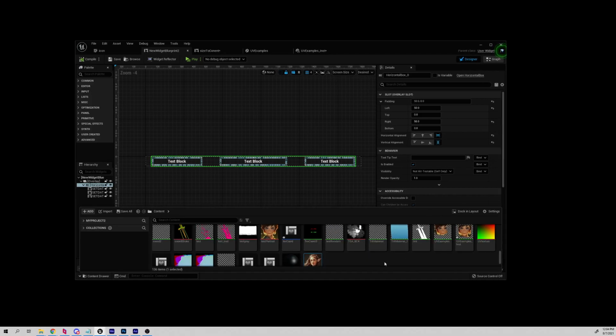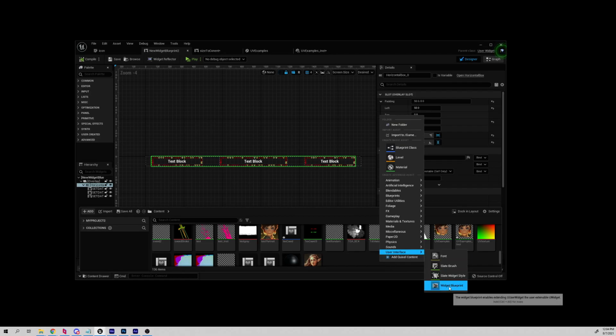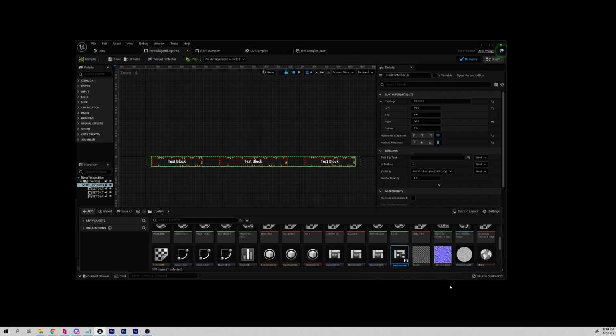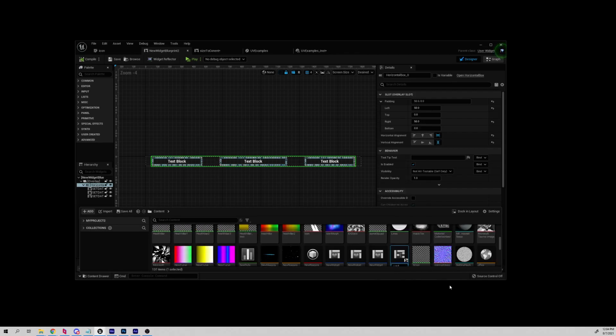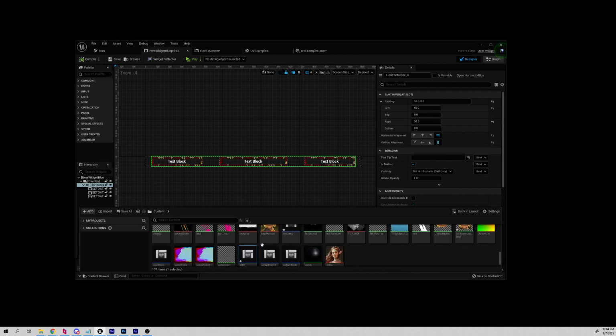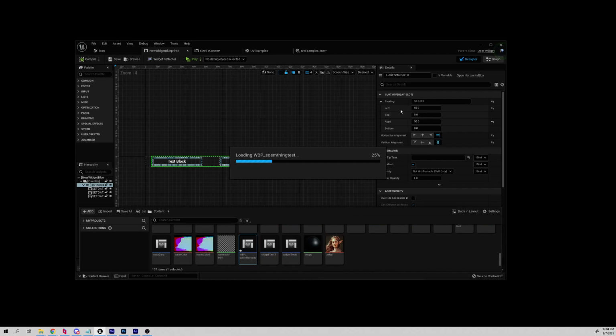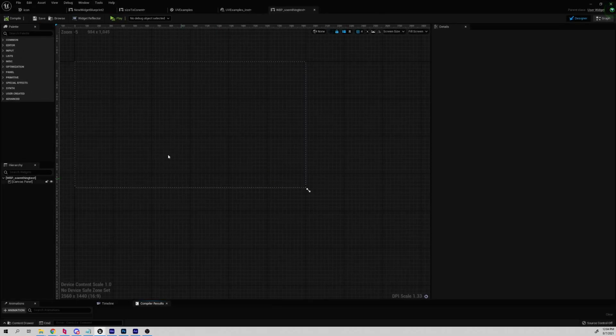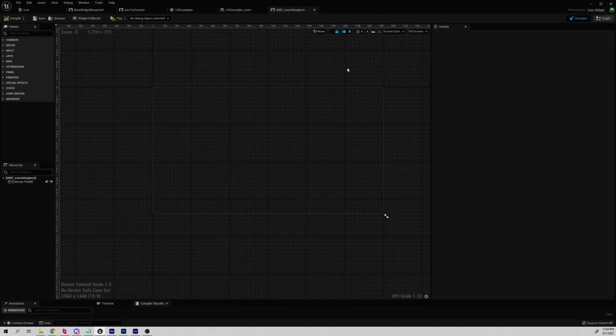so I can right-click easily. There we go. I'm going to go to user interface, widget blueprints. Usually in studios they call this WBP, for widget blueprint, and then we're just going to call this something test. And the first thing that happens, and we'll full screen this, when you open up a widget, you've got